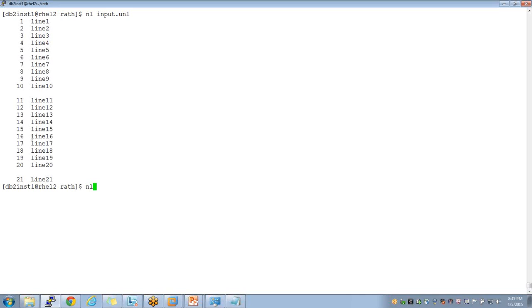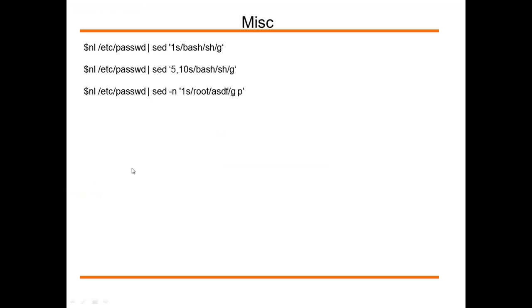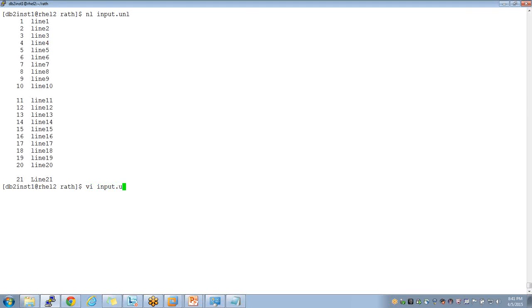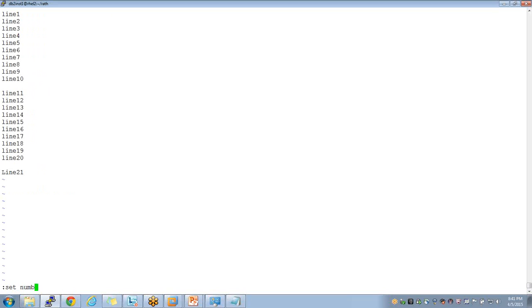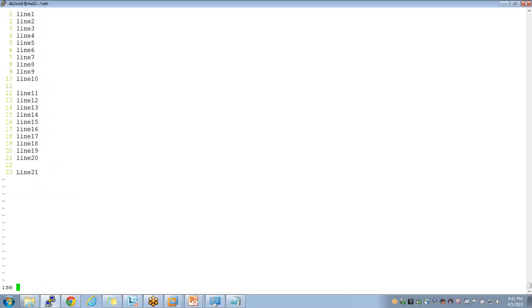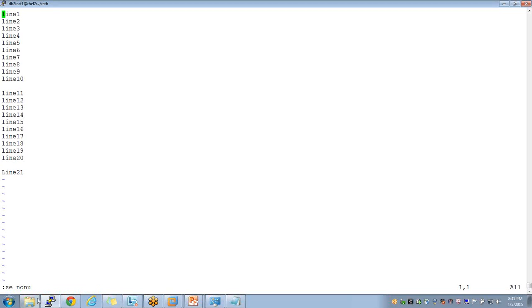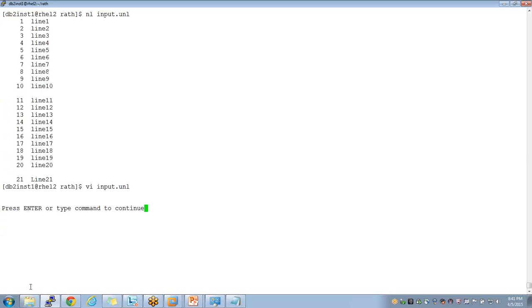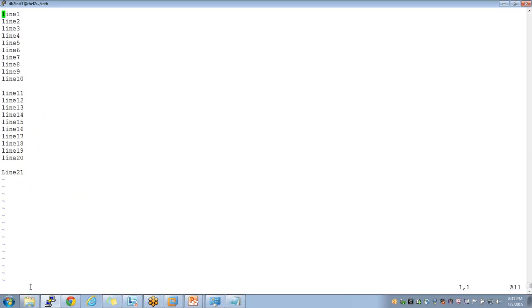In vi it is line num, I guess, right? Set number, and we can say in short set nu, or if you want set no number, set nonu. I think there is a way we can see all of these: set all shows all the options. There are a bunch of options there.